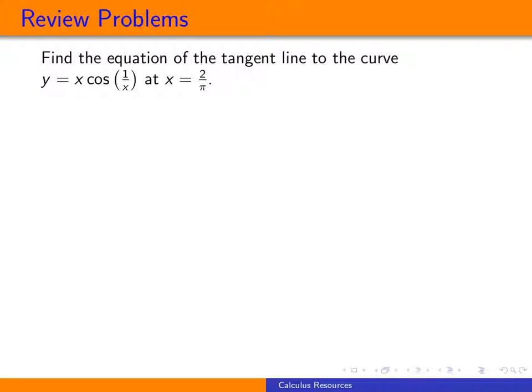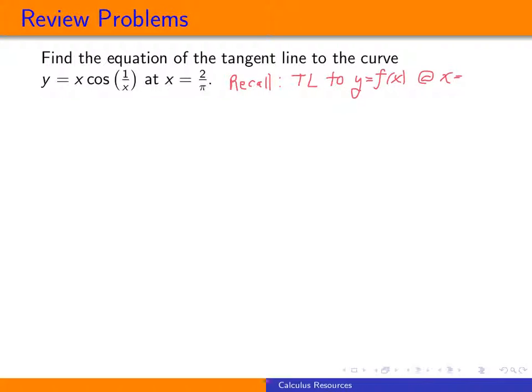For this review problem, we are asked to find the tangent line to the curve x cosine 1 over x at x equals 2 over pi. To get started here, let me just recall for you that in general, as discussed on the Introduction to Derivatives video, if we would like to find the tangent line to the curve y equals f of x